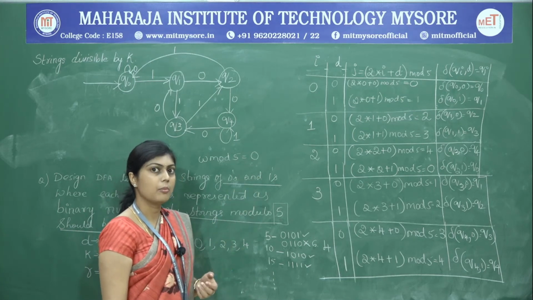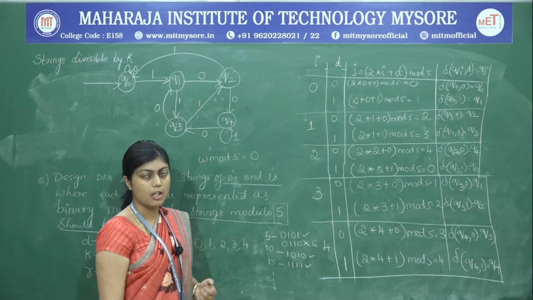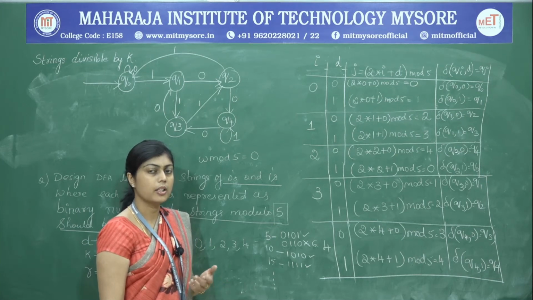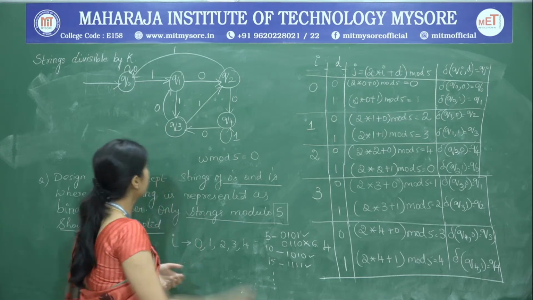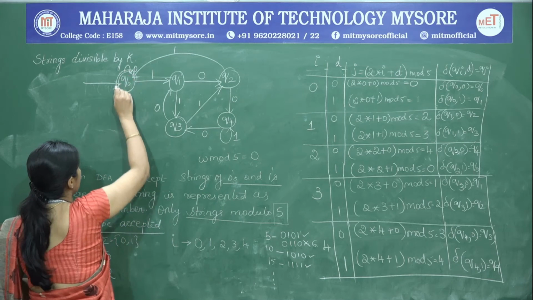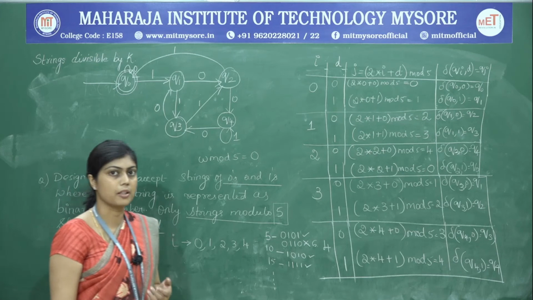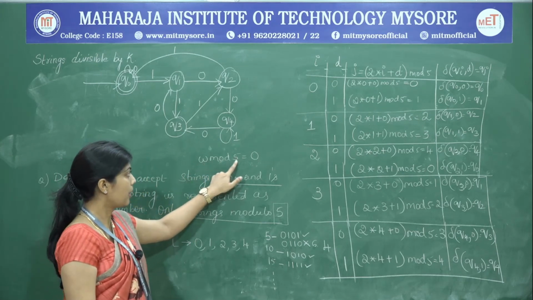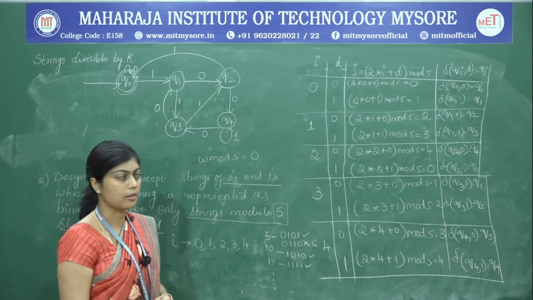Q1 accepts every number which when divided by 5 results in a remainder 1. Q2 is the state which accepts all the strings which when divided by 5 result in a remainder 2. And now we are only interested in a remainder 0. Therefore, Q0 is going to become the final state. That is how we determine the final state. In case the problem statement said that when the string is divided by 5 the remainder has to be 1, then Q1 would become the final state.